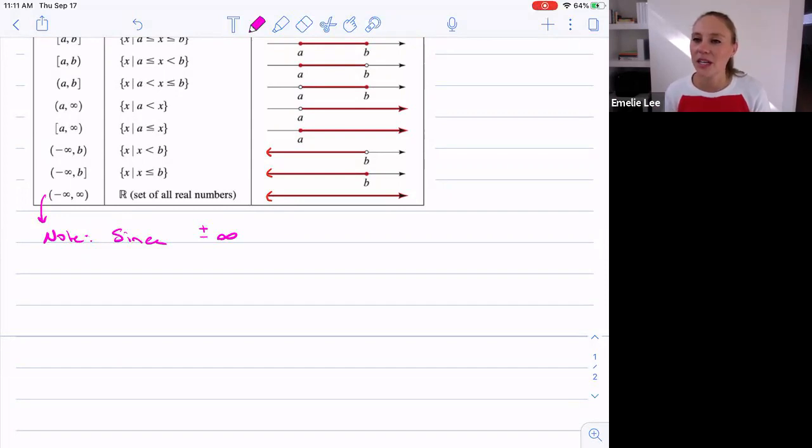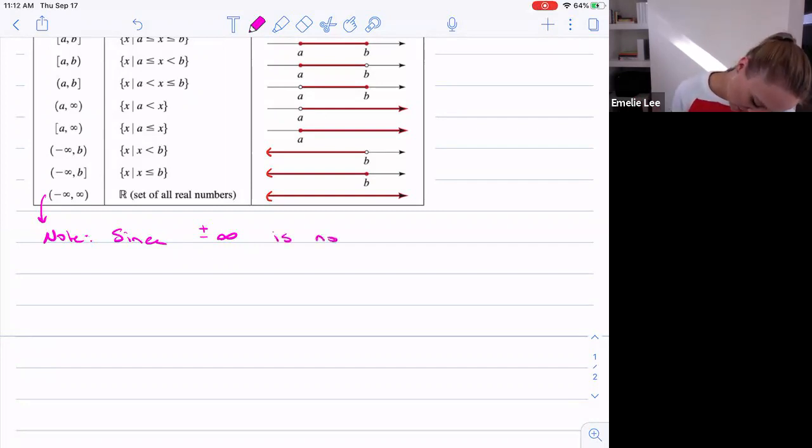No such thing as a set infinity. That's right. Yeah, so there are infinite sets, but no infinity. Infinity is not a number. So since plus or minus infinity, so either in the positive or the negative direction, is not a number,